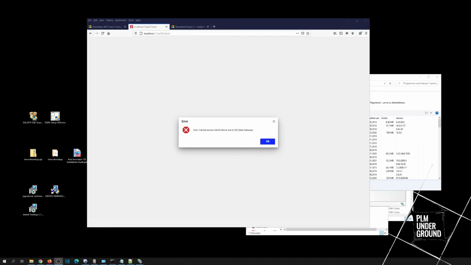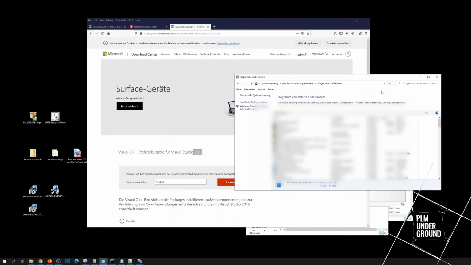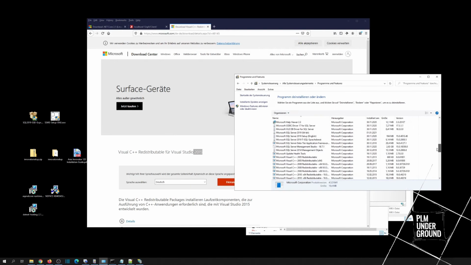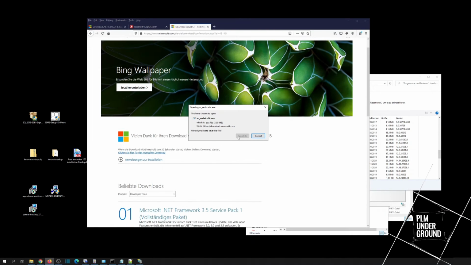Next error is an OAuth server 502 bad gateway, and this one is caused by a missing Visual C++ redistributable package, and it's important because it's a version from 2015. I have checked my PC and I have all kinds of redistributable packages available. Of course, 2015 is missing, so let's change this and install the missing piece.